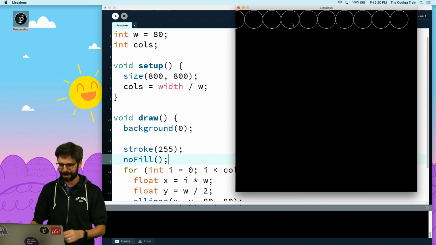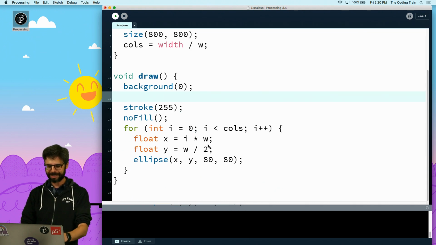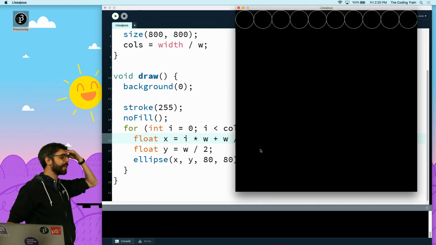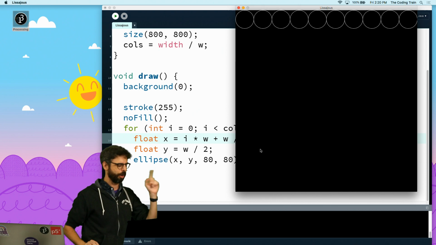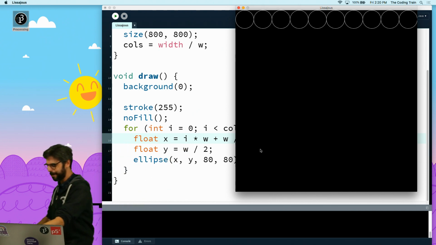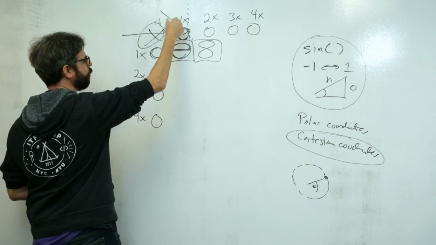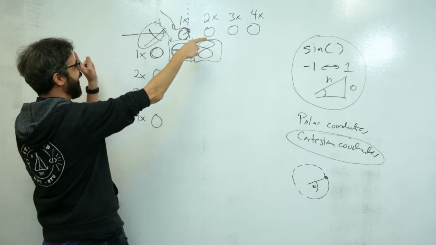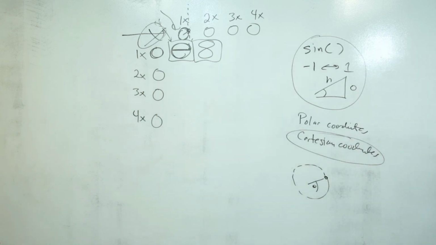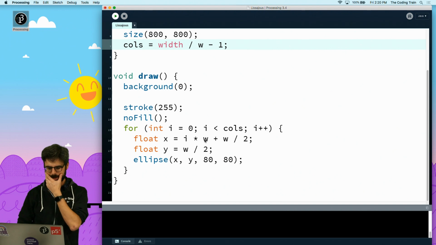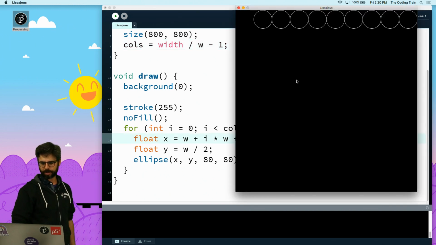I need to move these things over a little bit. So let's also have the x equal to plus w divided by 2, right? Because the reference point is the center. That's perfect. But the truth of the matter is, the corner up there, when I'm creating this table, the corner is kind of an empty space. So I actually want to start the first one over here, and I only want to have 9 instead of 10. So the number of columns is actually width divided by w minus 1, and then the x starts at w plus. This is a little bit goofy, but that's good.